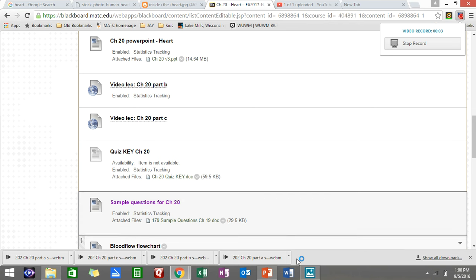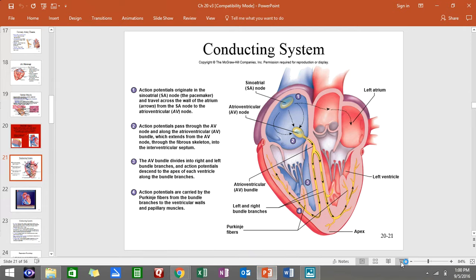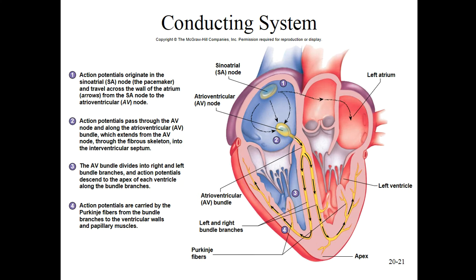Okay, in this video we're going to talk about the electrical conduction system of the heart. The electrical conduction system, right? Have you ever wondered how the heart is capable of generating its own rhythm? Did you know that it did? Well, listen to this. Unlike muscles in your arm, which only contract when nerves tell them to, your heart is capable of generating both its own rate of firing and the pattern of firing because of this so-called electrical conduction